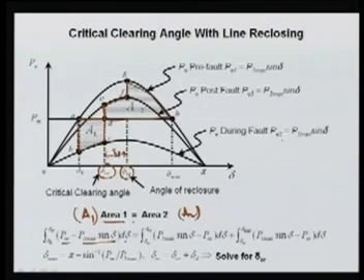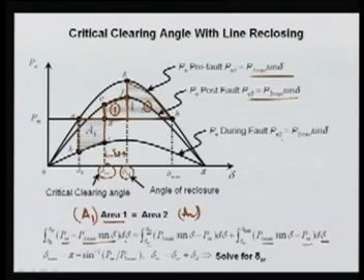Now we have the different curves and different areas. We can divide this area into two parts, area 1 and area 2. Area 1 is nothing but the PE3 area, because it is PE3 here: PE3 max minus PE, from delta CR to delta RC, the reclosing angle, plus this area. This area is from RC to delta max, PM1 here,